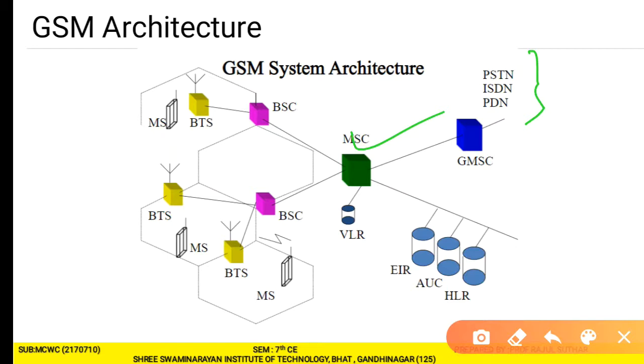HLR, the home location register, contains all the administrative information of subscribers registered with the corresponding GSM network, along with the current location of the mobile station. The HLR database maintains the unique international mobile subscriber identity for each subscriber and the VLR address. The HLR database can be grouped into two types. We have discussed the dynamic and permanent database.